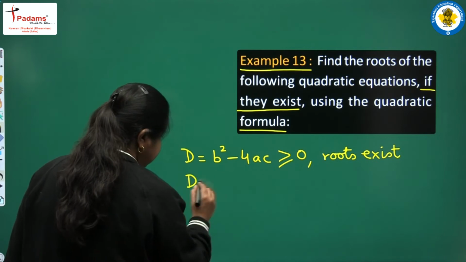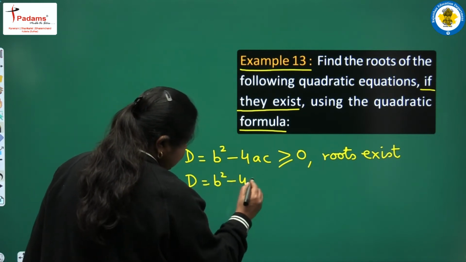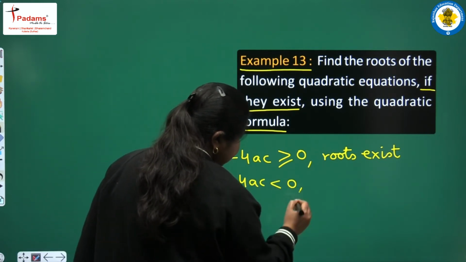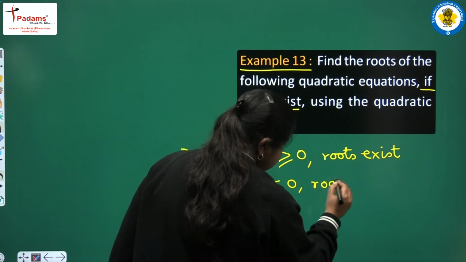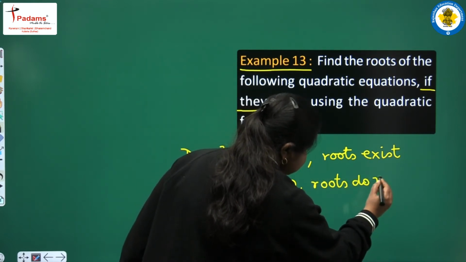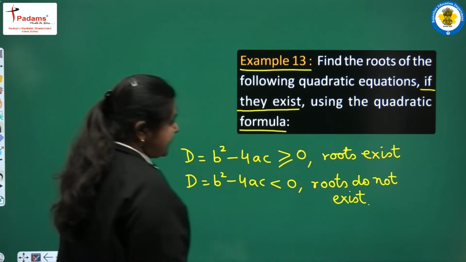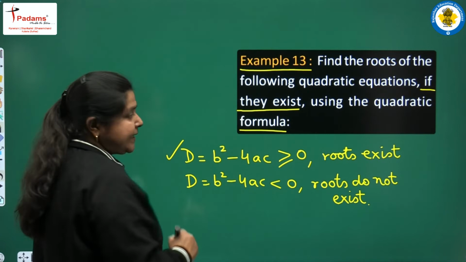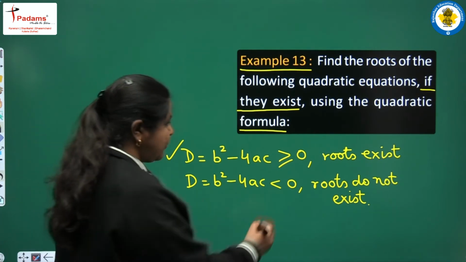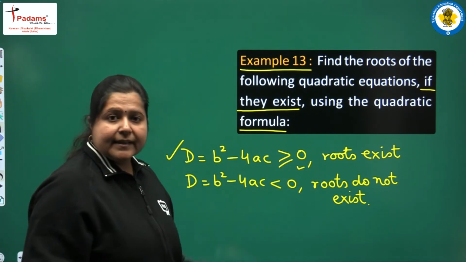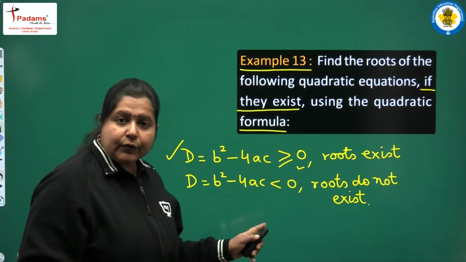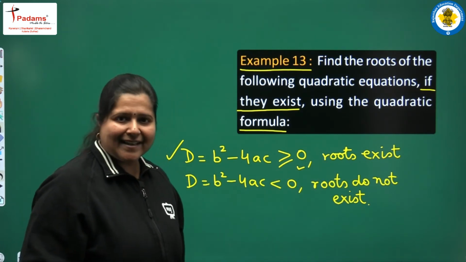And if D is less than 0, इसका मतलब ये नेगेटिव है, तो roots do not exist. तो इसका मतलब पहले हम डिस्क्रिमिनेंट निकालेंगे दी हुई इक्वेशन का और चेक करेंगे कि वो पॉजिटिव है या इक्वल टू 0 है, तब तो रूट्स एग्जिस्ट करेंगे, और अगर वो नेगेटिव है तो रूट्स एग्जिस्ट नहीं करेंगे।